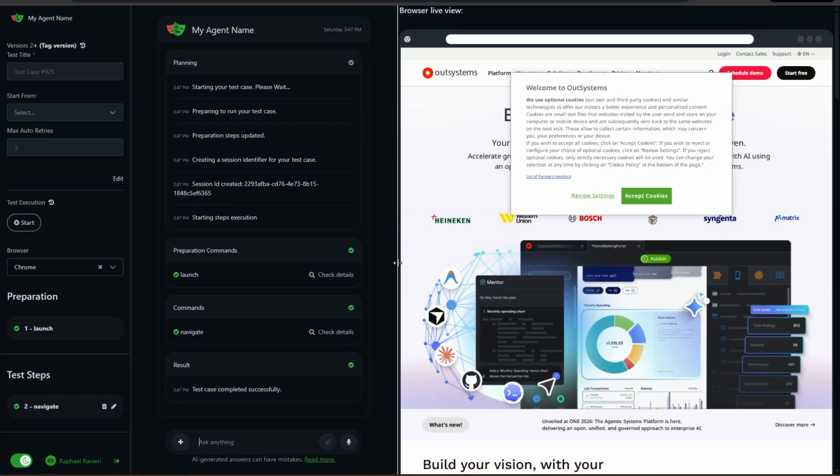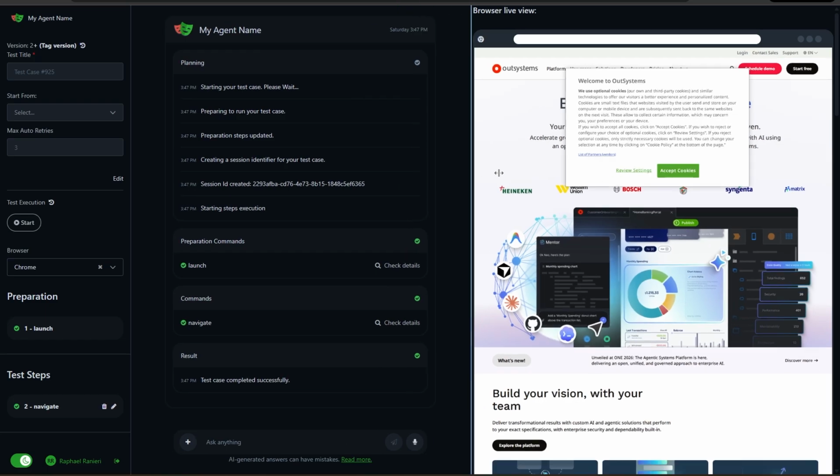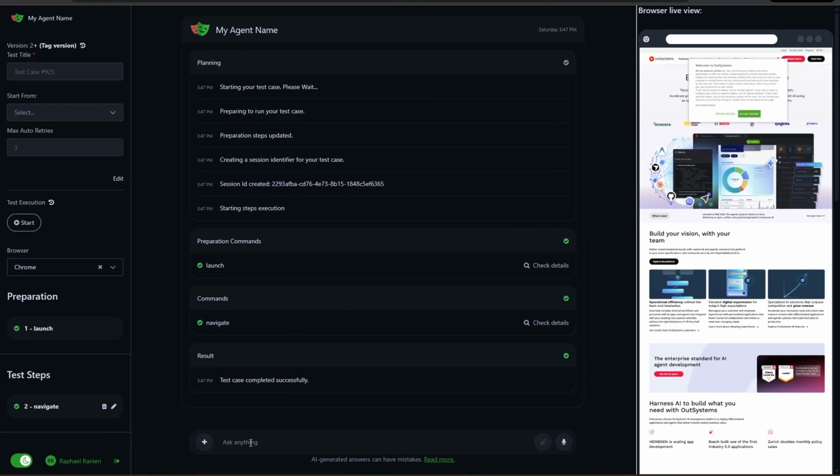Okay, I also noticed we have here a pop-up to accept the cookies that we need to accept in order to keep using the OutSystems website. And I want to add this acceptance as part of my test case. In order to do that, I could do it in different ways. I could, for example, come here to my agent and say accept cookies. This will trigger the same process we have seen before, where the agent goes to the model and gets the steps needed to